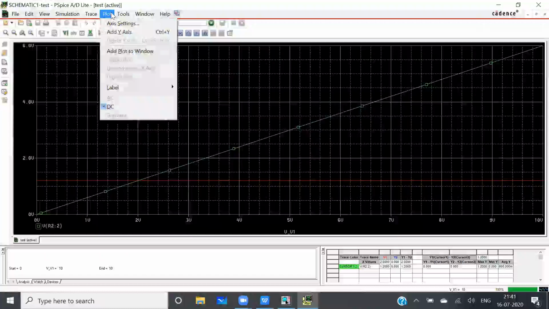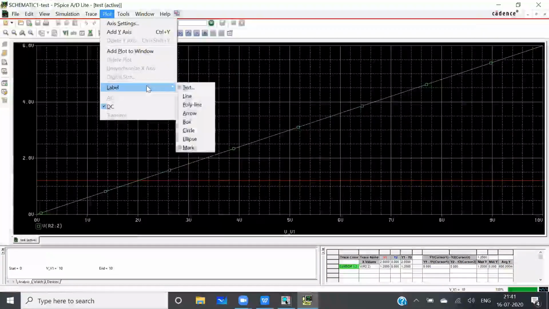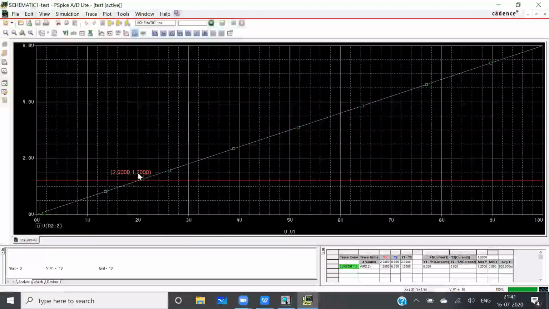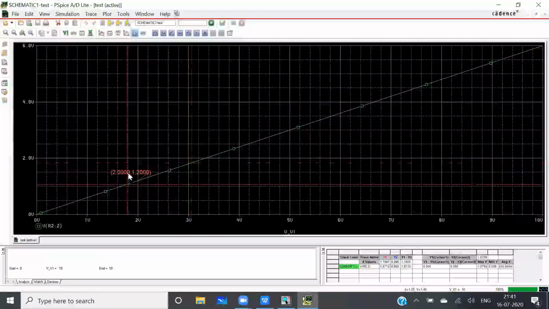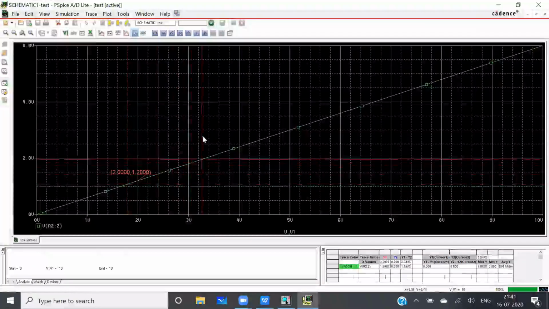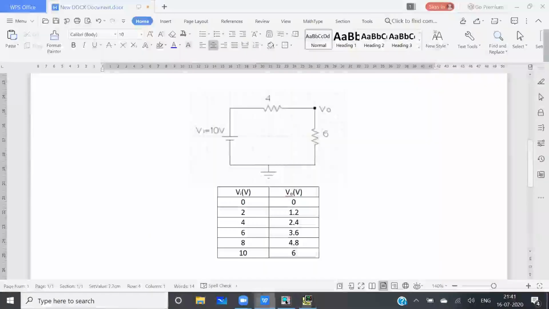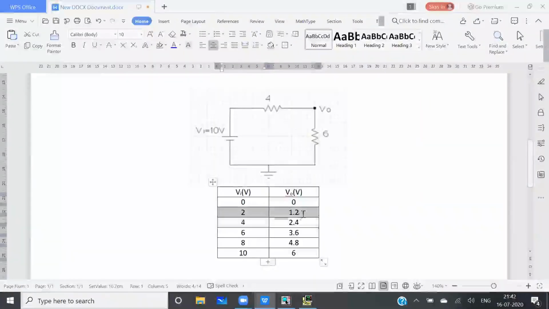Now I'll go to this plot, then go to label, and click on this mark. See, this is coming here. If your input voltage is 2 volt, what happens to the output voltage? Output is equal to 1.2 volt. So you got this one.